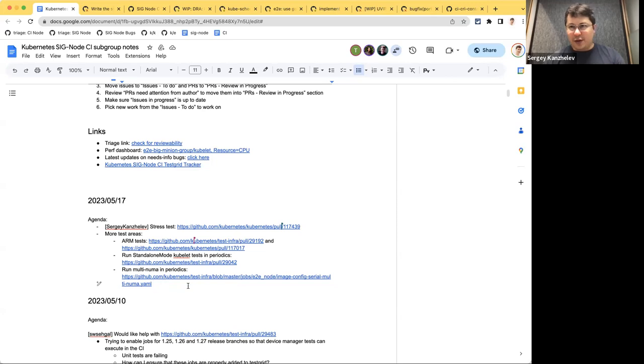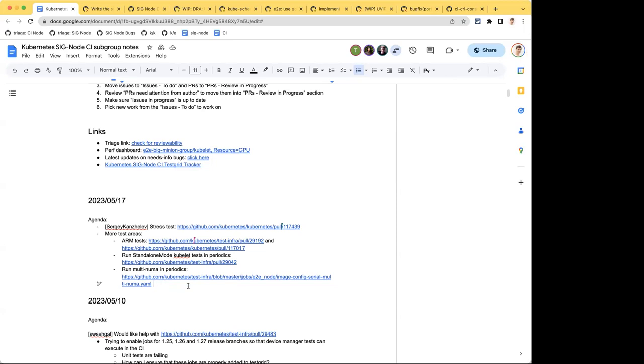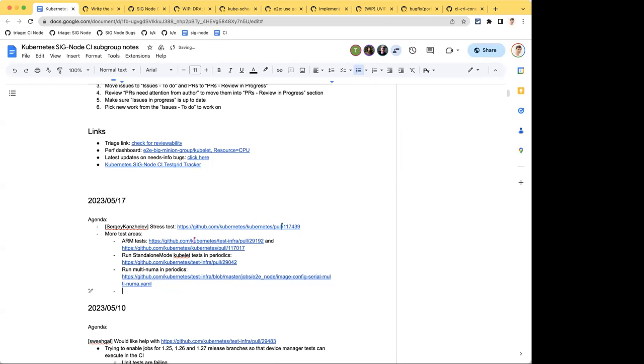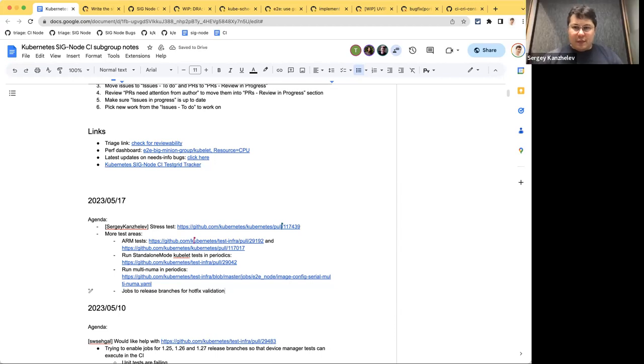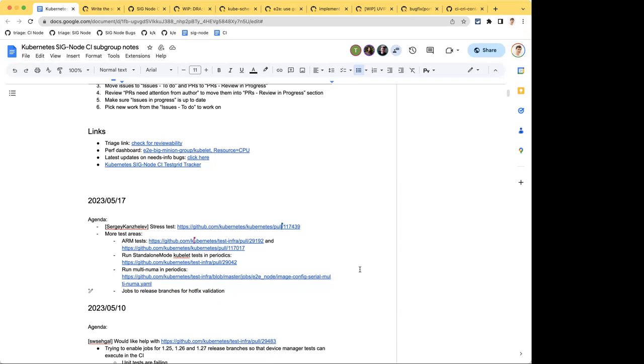Okay. Maybe it's a little bit unrelated, but I was having a discussion with one of the release team members. This was related to a PR that I had when I was trying to add jobs to release branches. And they recommended that, for some of the branches, you can add a release per fork option, and that essentially enables them for future releases. So maybe it's worth sharing the PR. And I made a few changes related to that,